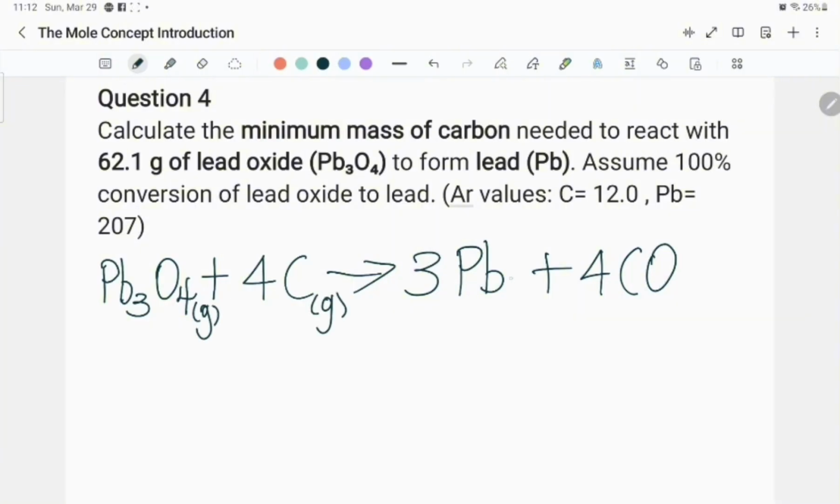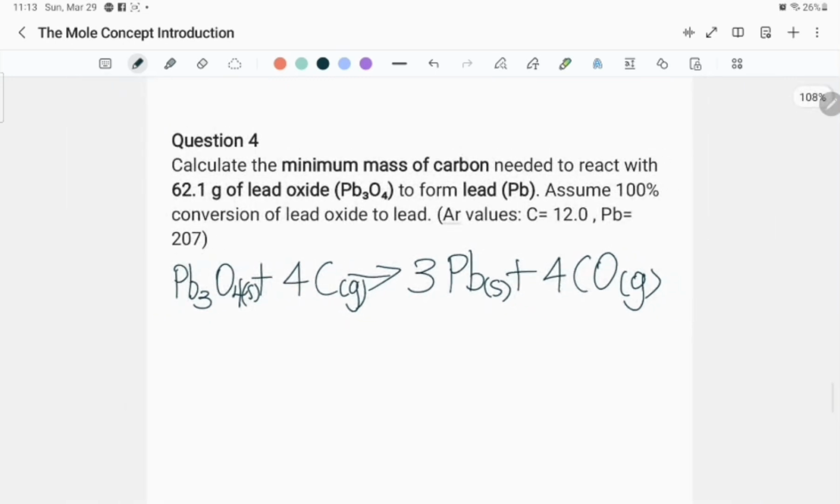It's important to put in your states when writing these balanced chemical equations. Good. So now we have the balanced chemical equation of the reaction of lead oxide reacting with carbon to form lead and carbon monoxide. So then we could